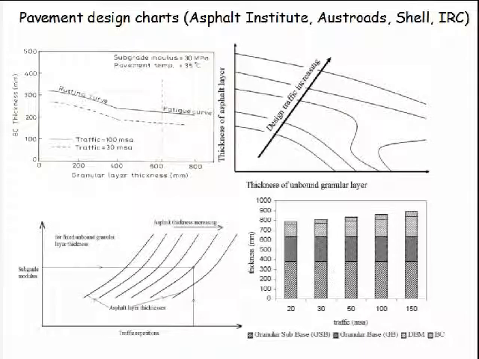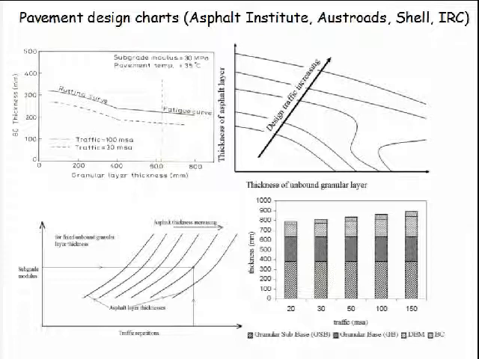There are various pavement design charts which are developed by different guidelines. Once again, I'm not going to discuss these pavement design charts because they are anyway covered in a typical class of pavement design. They would typically look like this. Of course, the NCHRP guideline does not use this kind of ready-made charts because they use computer software to give the pavement design as output.